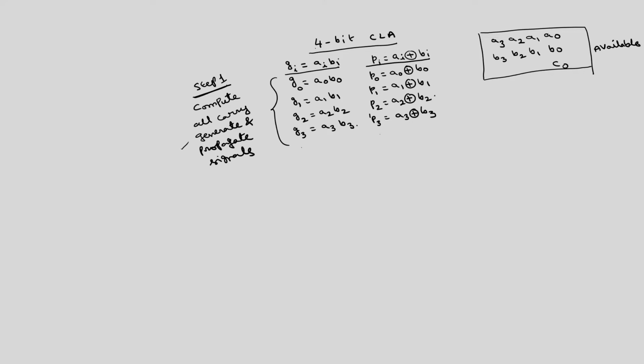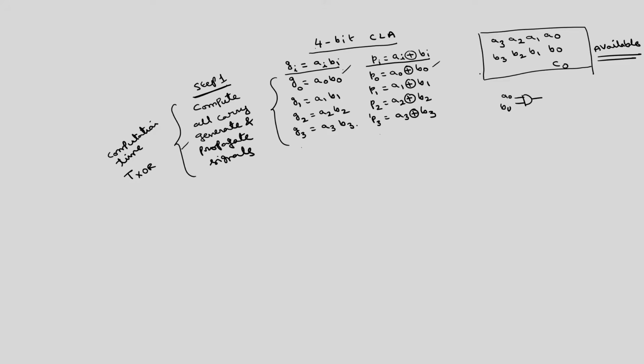So, for this, what is the circuitry? We require an AND gate. All these will be generated simultaneously because these inputs are all available. All the G signals can be generated using AND gates, and the P signals will be generated by exclusive OR gates. Of course, the delay of an exclusive OR gate is more than that of an AND gate. So, what is the computation time to perform this step 1? The computation time for this one is T XOR gate, because all will be generated in parallel.